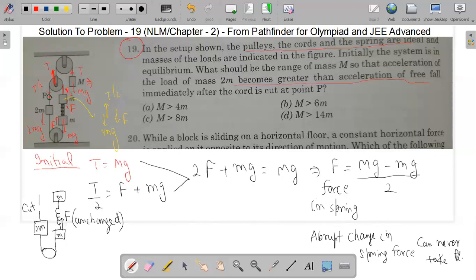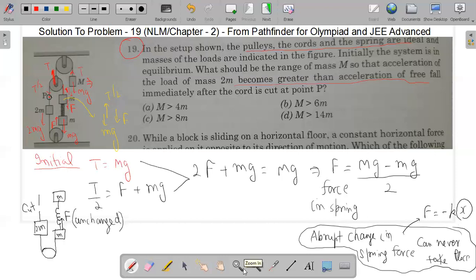And there is a reason behind that, why the spring force cannot change abruptly. You cannot change it all of a sudden. It will take some time to change the force of the spring, as the force of the spring follows Hooke's law, and is given by F equals minus kx. So it is impossible to change the deformation all of a sudden, because if you change the deformation instantaneously, it means the motion was at infinite speed, and the speed of light is the ultimate speed. Nothing can move faster than the speed of light. So with those arguments, you can say that the spring force cannot change suddenly. That is the whole idea behind this question.